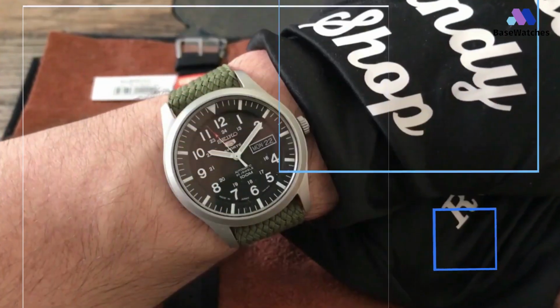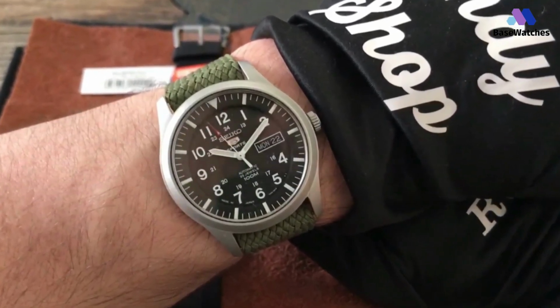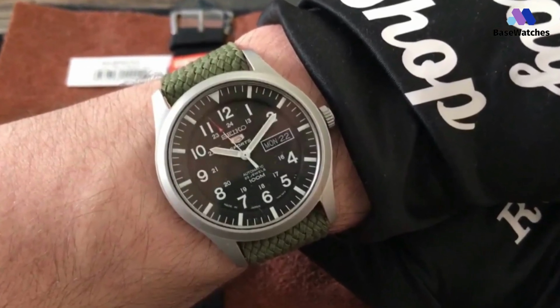The whole case, except for the case back, is satin finished, which contributes to the field watch styling of the SNZG. For those wanting a good automatic watch without breaking the bank,